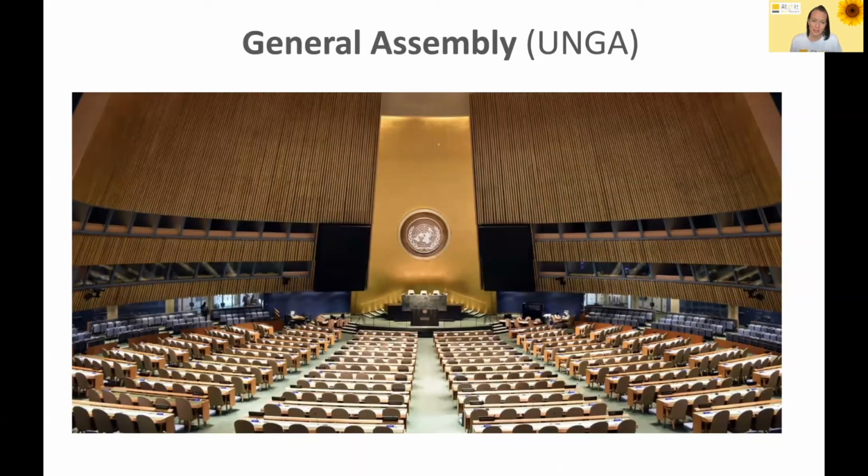All UN member states are members of the General Assembly. Also referred to as the UNGA, the General Assembly is a place where representatives of member states meet to discuss specific international issues. These discussions lead to the development of resolutions, which are voted for by member states, with each member having an equal vote. The member states are approved by the General Assembly upon recommendation by the Security Council.